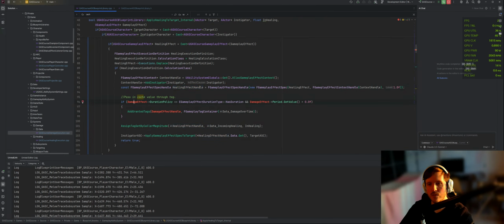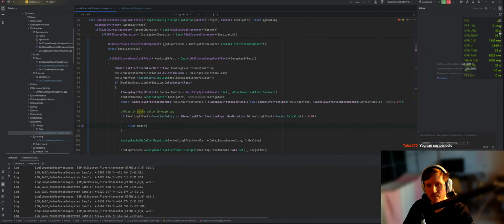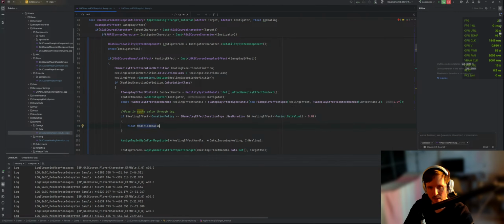So if healing effect, where's my healing effect? Duration policy has duration end. There's a period value. Then I want to say, like, float modified. You could say periodic. Yeah, true. Maybe that's better. So float modified. No, that's not what I want. Modified healing value equals